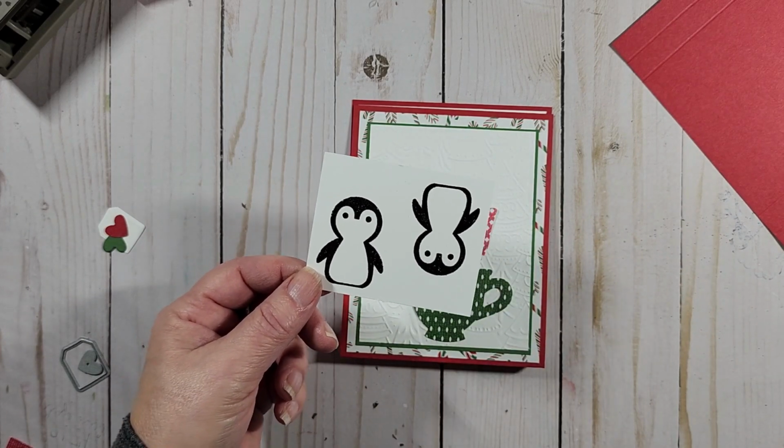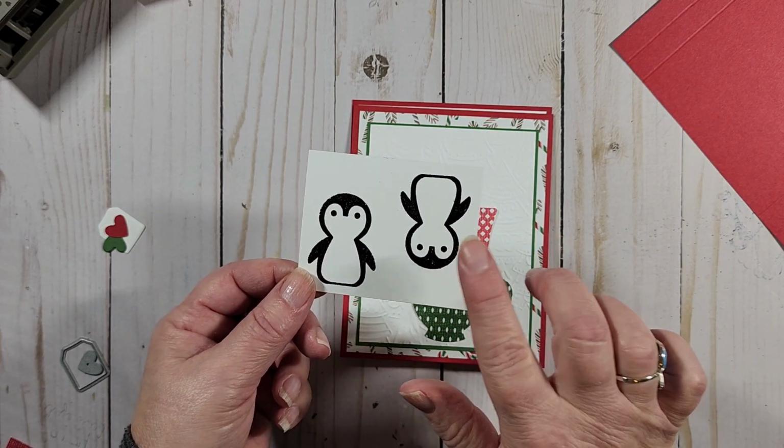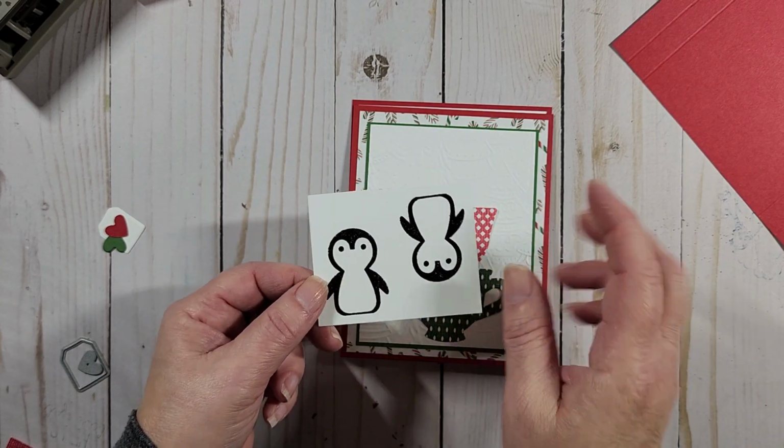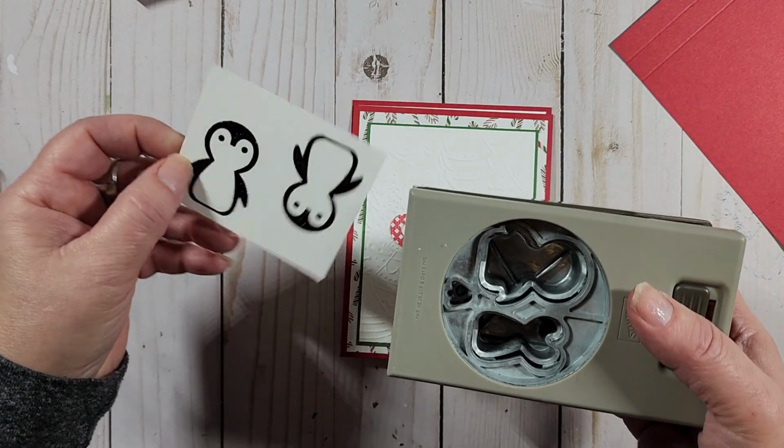Now, to add a little pizzazz to the penguin, I did go ahead, guys, and stamp this so you don't have to hear me running the heat tool and everything. I did stamp this and emboss it in the black embossing powder. It just kind of makes him pop a little bit. And then I'm just going to take him,